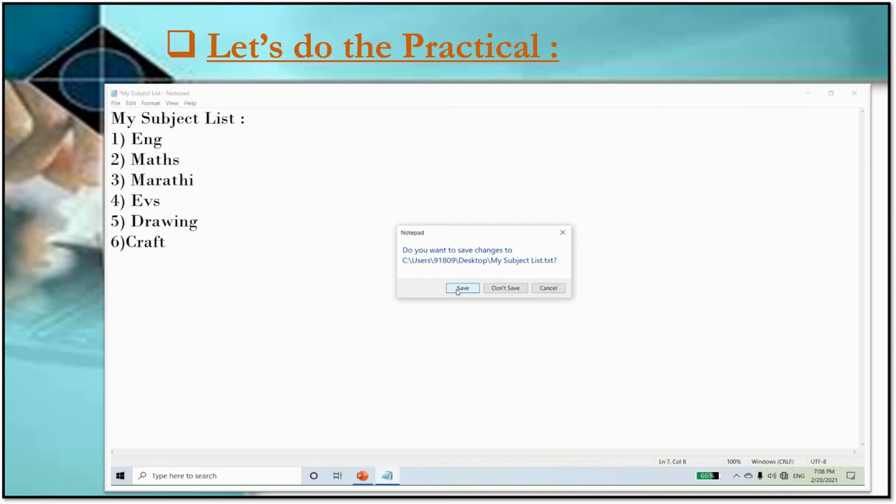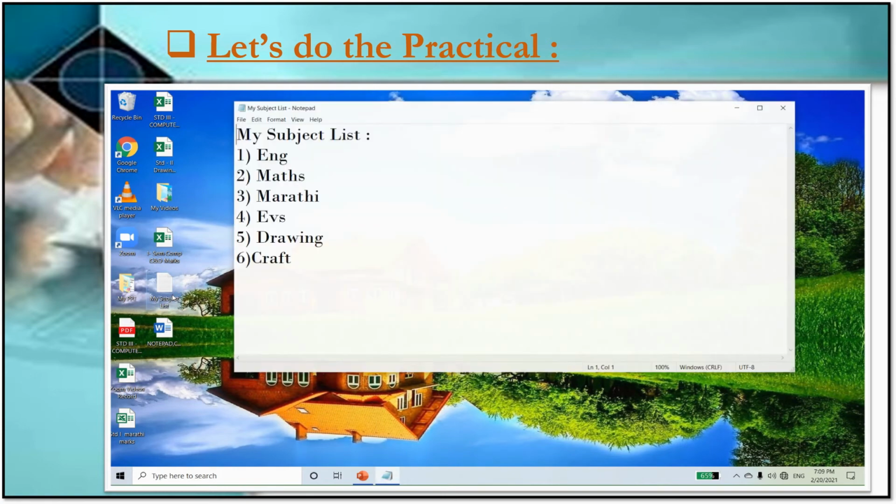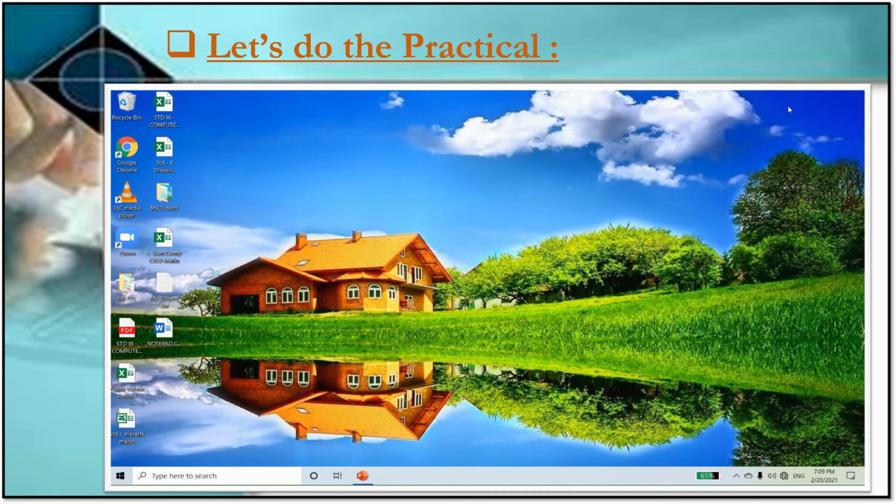Then here you can see I have saved my program. And here you can see, I just want to take a look once again, so you can see my program was saved. Like this you can create your document.